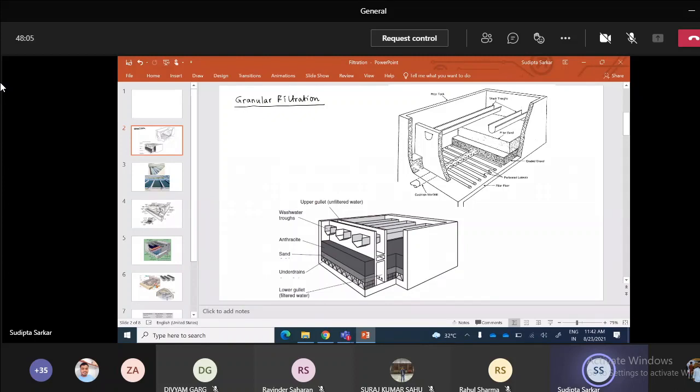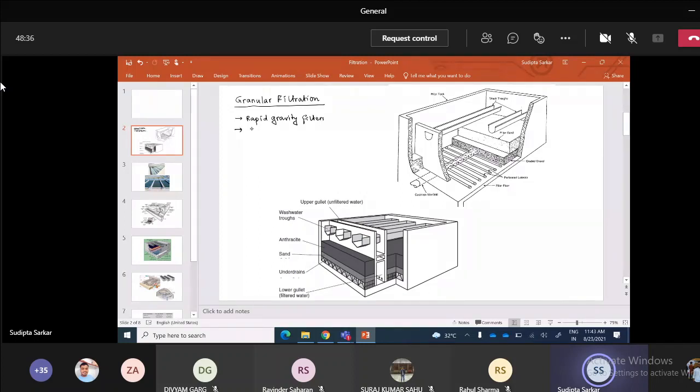Depending on the size of the granules and the size of the pores that we provide for filtration, we can actually have two types of filtration. One is rapid gravity filtration, rapid gravity filters, okay,